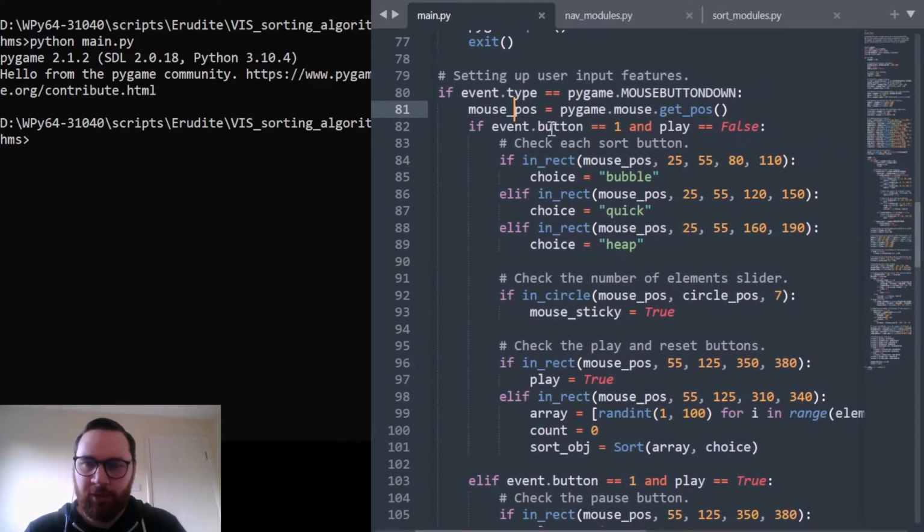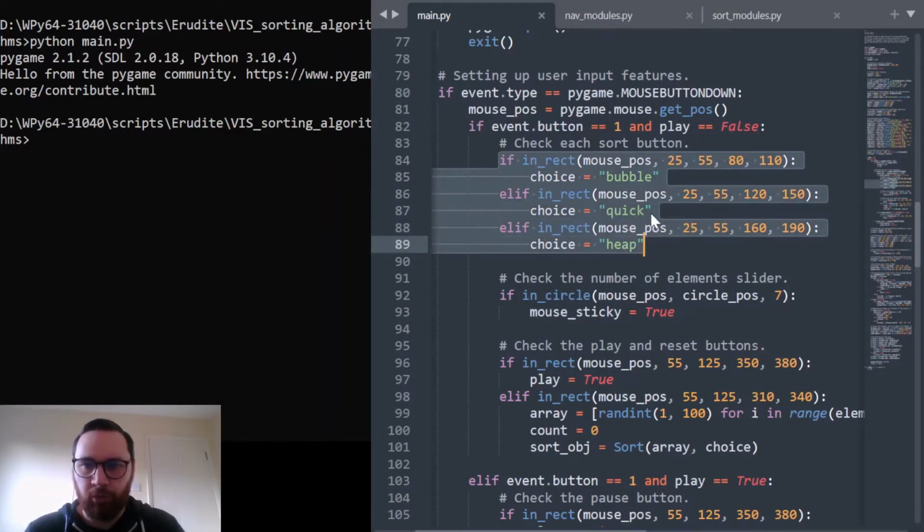So if the event button is 1, so you're pressing the mouse button, I think it's the left hand button, and play is equal to false, you can change the selection of the sorts to bubble, quick or heap, and